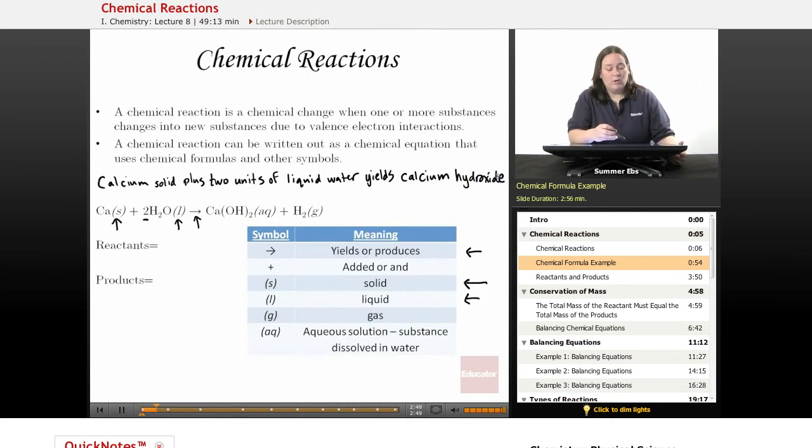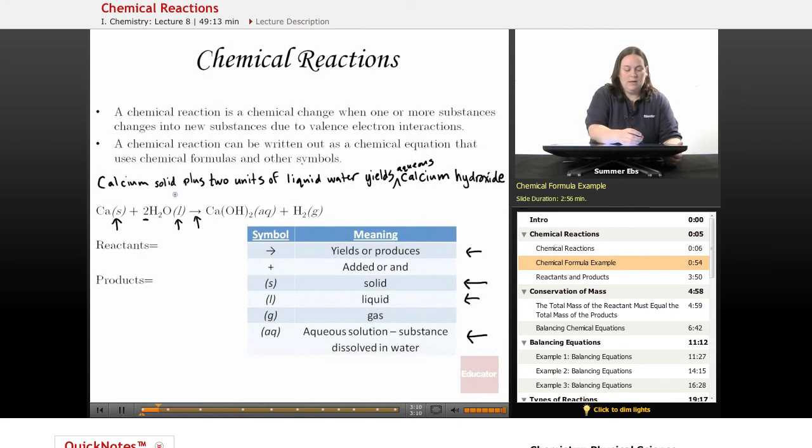And in parentheses, there's an (aq). If we take a look, that means it's an aqueous solution. An aqueous solution is a substance that's dissolved in water. So the calcium hydroxide in this case is dissolved in water, so it's a liquid solution. Yields aqueous